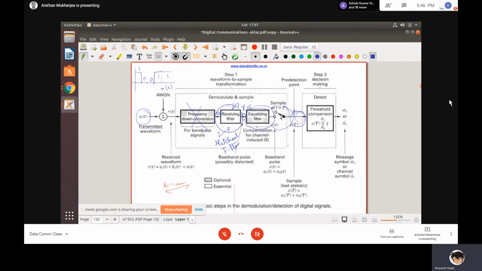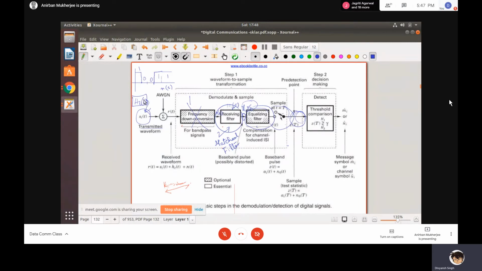So XK goes into a receiving filter. Then on this side I have an H_T(f), and finally you have some transmitted waveform, and then adding it up and all these